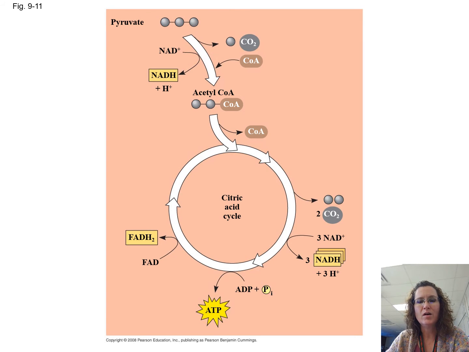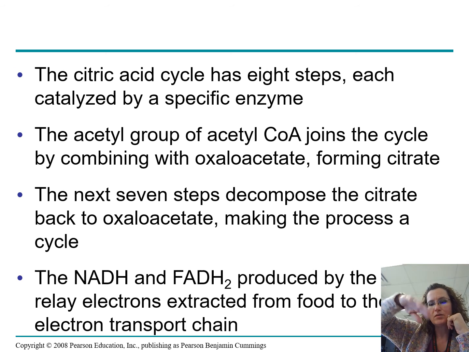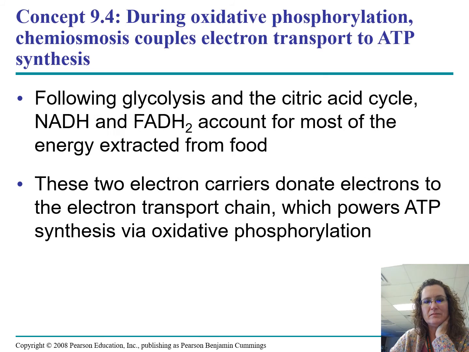And so this is just showing one little cycle through, and then we get some CO2, and we have some byproducts that then really are grabbing the hydrogens and taking them where we need them to be. And so this is a super complicated process that I don't really ask you to remember, but just know that there's a lot of different steps, there's a lot of different enzymes, and really it comes down to getting NADH and FADH2. We scooch them and we pass them to the other side of the membrane, so we're building up a gradient. We're couriering that hydrogen down to the appropriate part of the mitochondria.